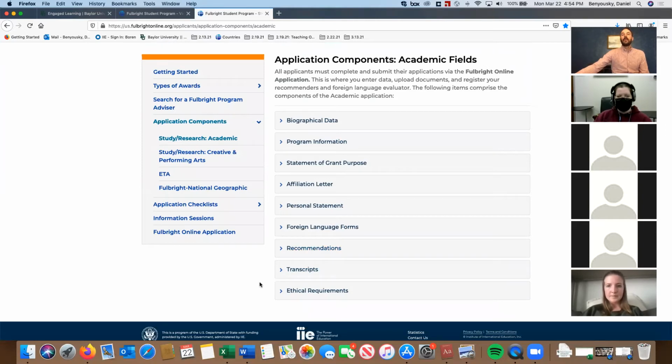Another thing to note is that we do have a Canvas page that is a huge repository of resources for you. Once you tell us by March 31st that you're going to apply for the Fulbright, and tell us which award and country you're planning on applying for,